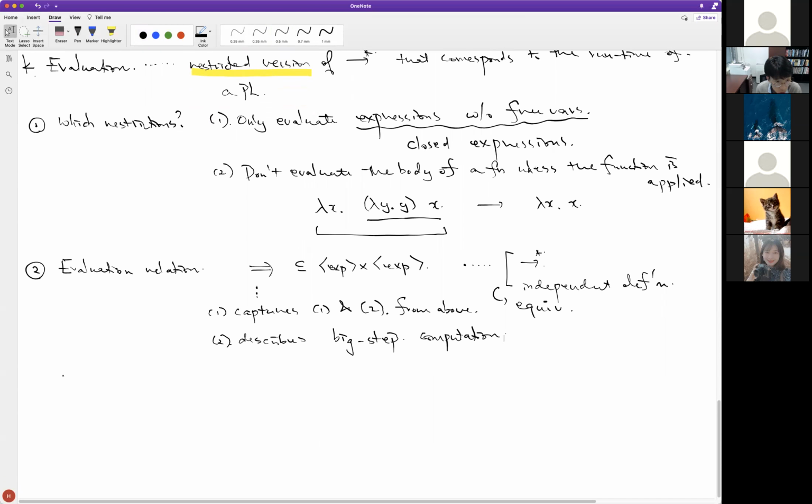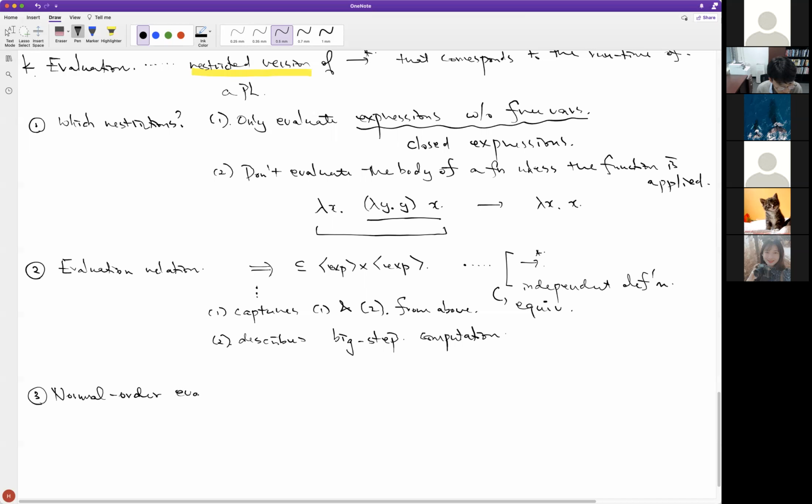So we're going to define two evaluation relations. One is called normal order evaluation relation, that is related to the normal order reduction that I just told you. And the other one is called eager evaluation relation, and this eager evaluation is related to so-called call by value. So normal order